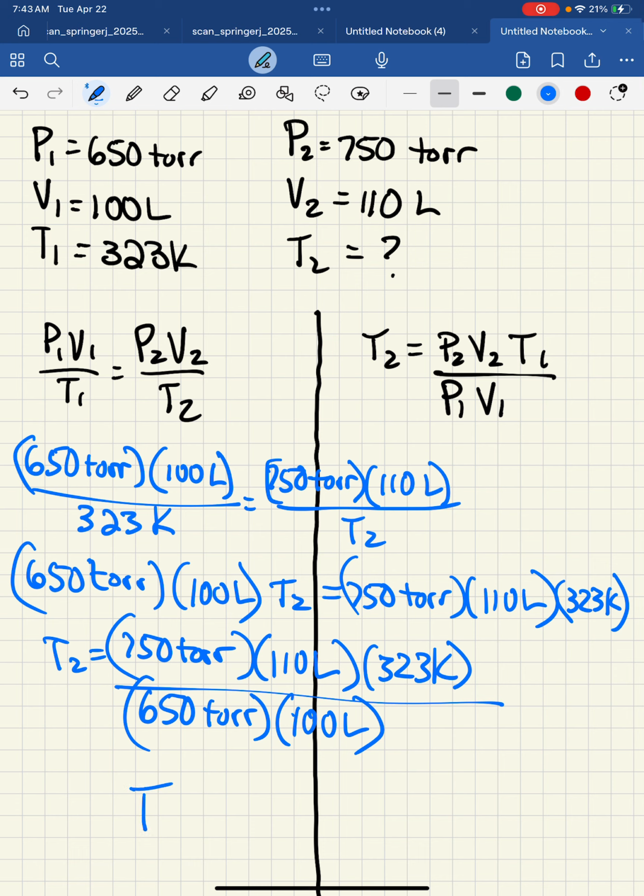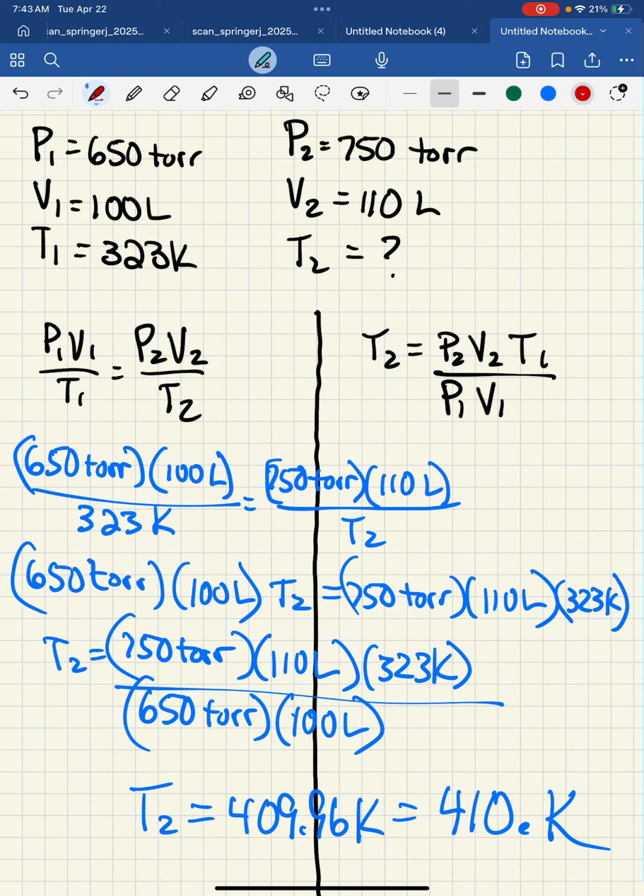and then so I got for T2 409.96 Kelvin, which I would probably round to 410 with a decimal point, just to keep everything with 3 digits, because we started with 3 digits. We should end with 3 digits. If you got, for example, 0.002439, let's write that on there,